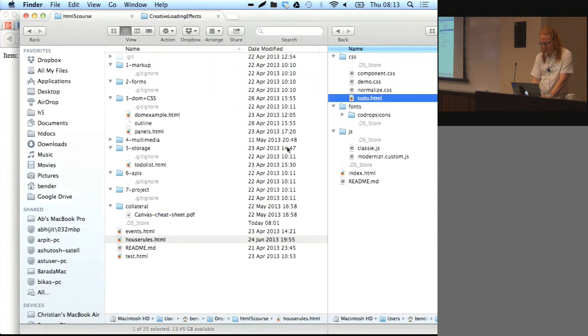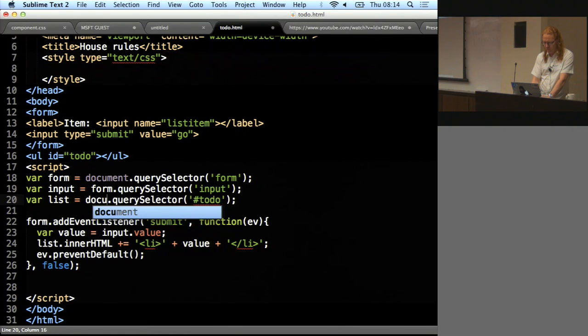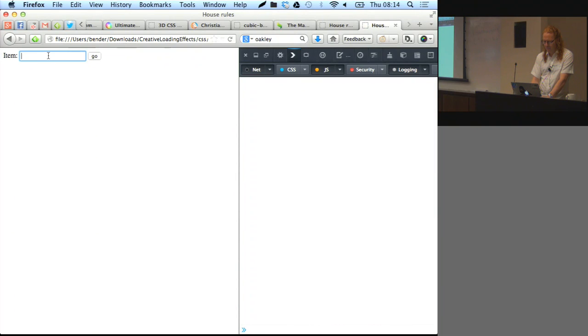Type error, list is null. So list is null is list form query selector to-do, because it's not in the form, it needs to be document. And now we got it. Now we got a to-do list. Of course, problem now,